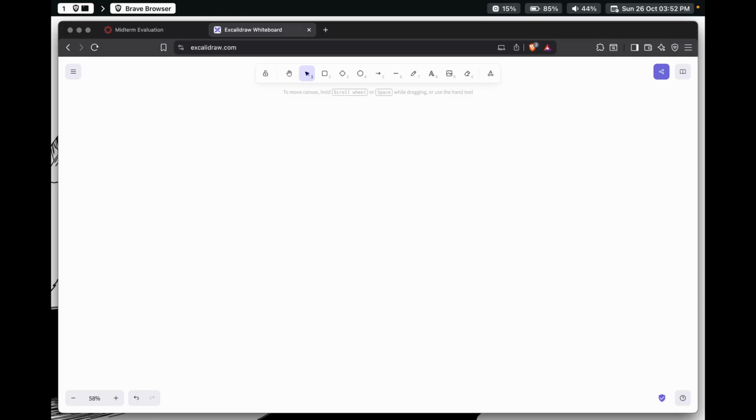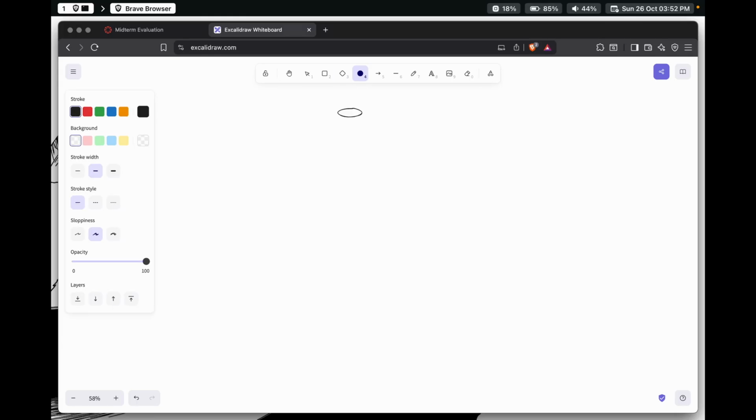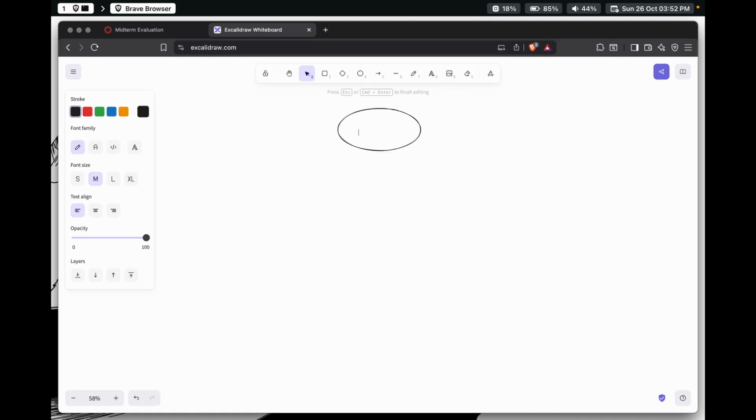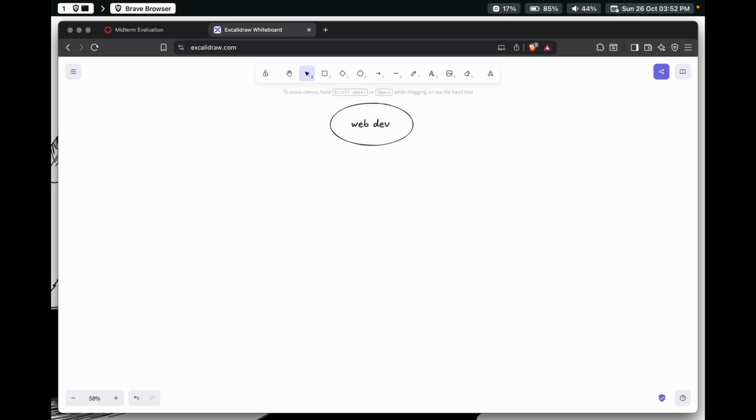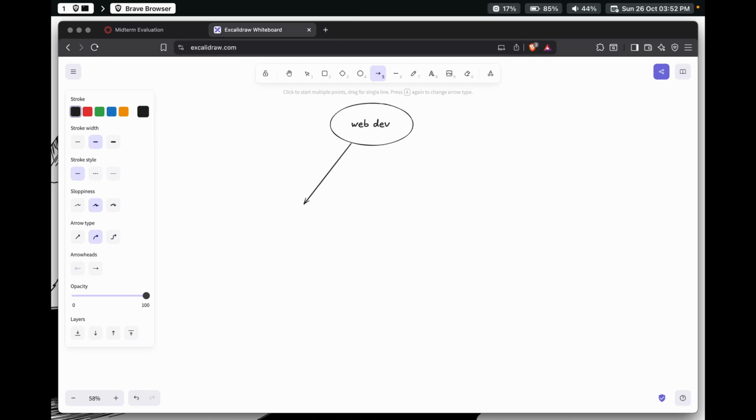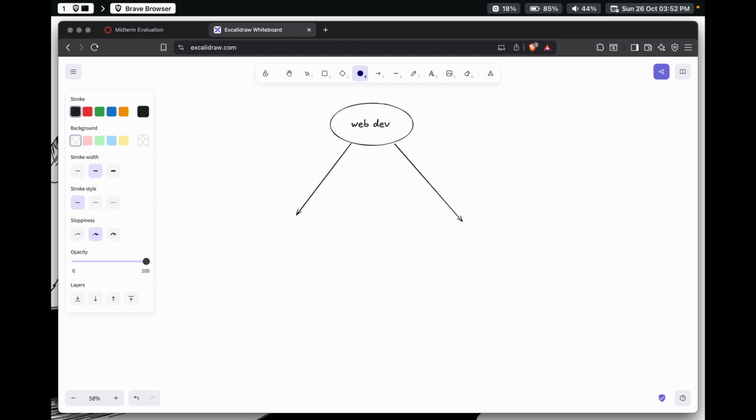So let's start. So first thing we got here is the web dev. There you go. So it's the first thing. And then the web dev is basically divided into two main parts. One of the parts being the front end,